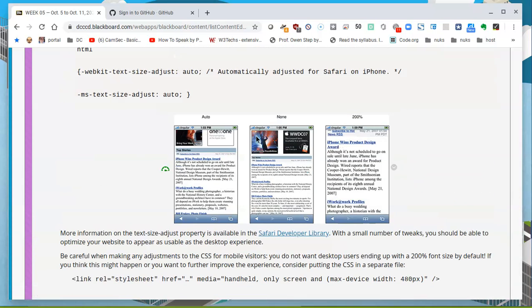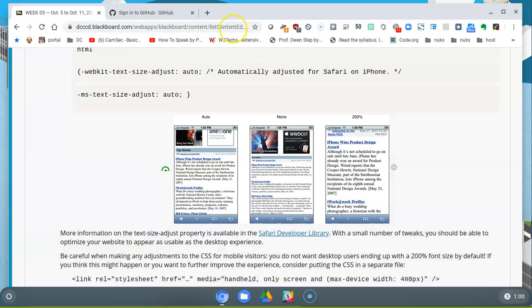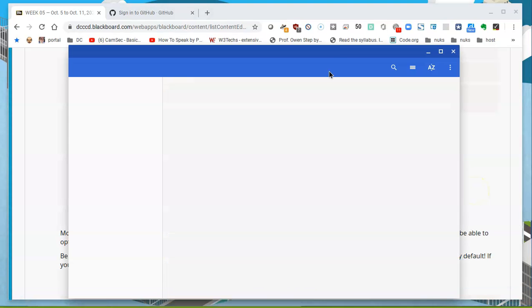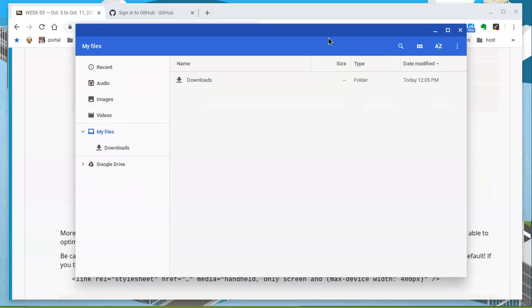I have saved 2 of those files in my device. I am currently in a Chromebook environment, so I can go and look at my files if I can find my mouse. Let's see, I can either go to the drive or let me try what happens with files. I think files might work better